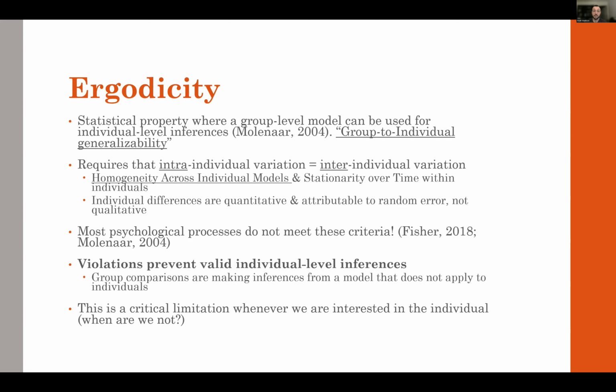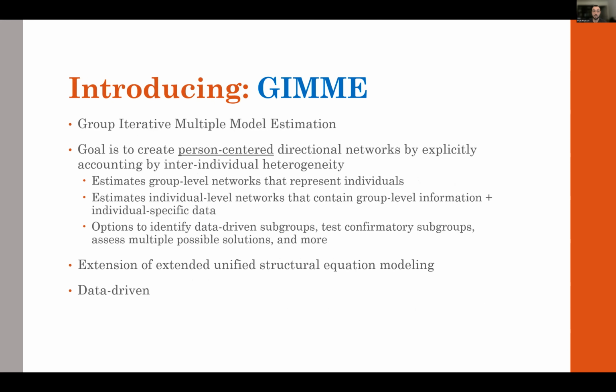So in the quantitative psych realm, this has been pretty well studied for a while. And Katie Gates, who did a graduate program under Peter Molenaar, kind of looked at the field more largely and developed this program called GIMME to try to address these problems. GIMME, Group Iterative Multiple Model Estimation, has a goal to create person-centered directional connectivity networks by explicitly accounting for inter-individual heterogeneity in kind. So it estimates group level networks that are not group averages, and we'll get to that